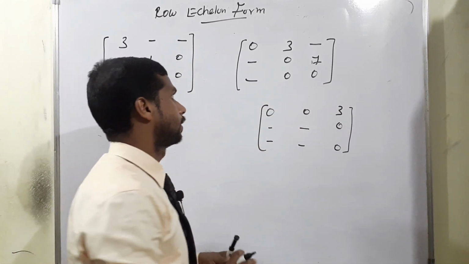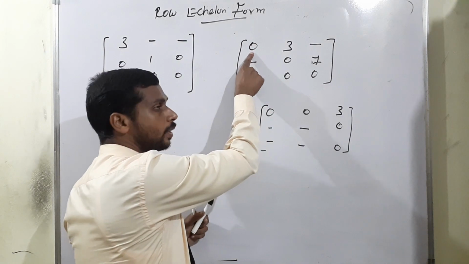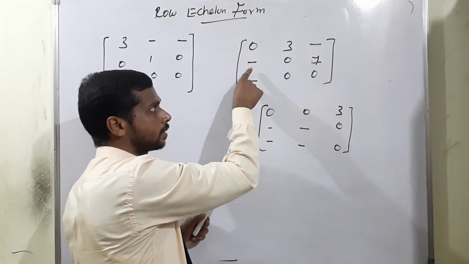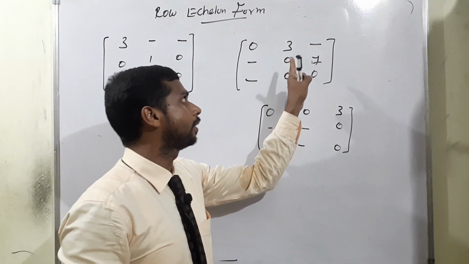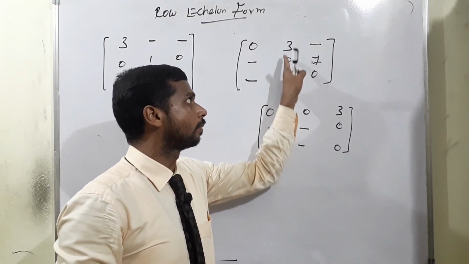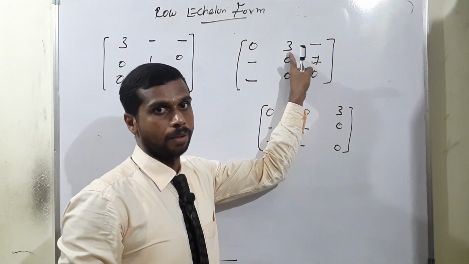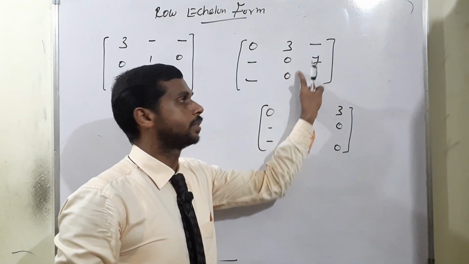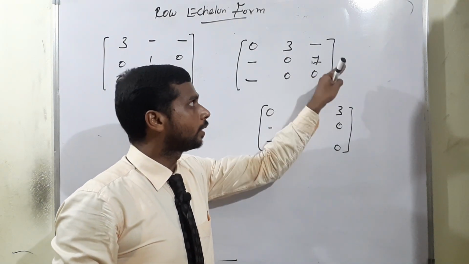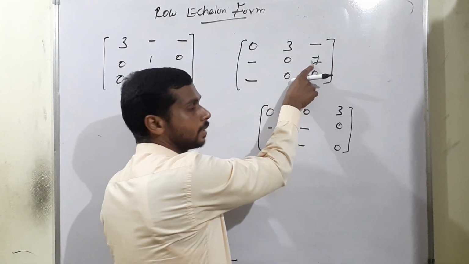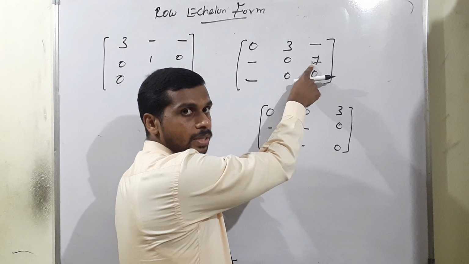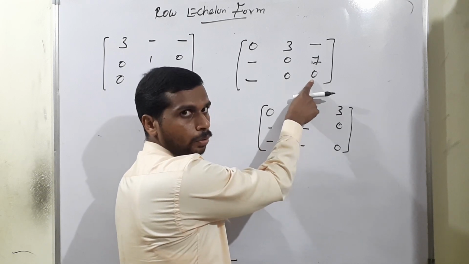The second 3 into 3 matrix set is there. The first term is 0, so 0 means whatever it is, that is not an issue. But where the non-zero digit starts, actually in the second column, the term under the non-zero term is 0, so that is row echelon form. Then the third one, actually the third column, where is the non-zero digit, the second part, the 7, the term under it will be 0.